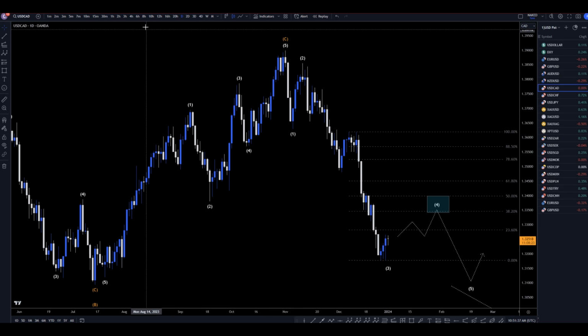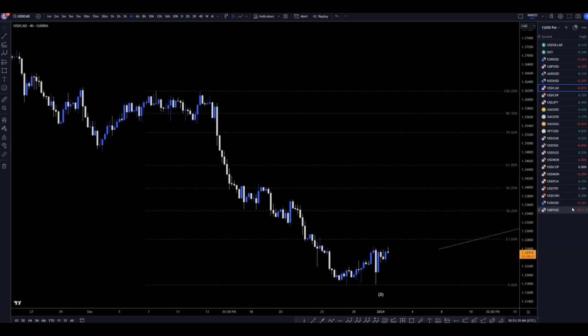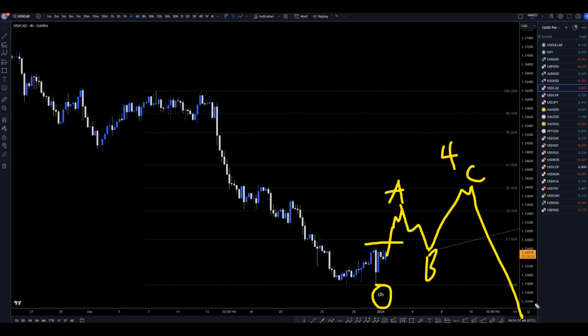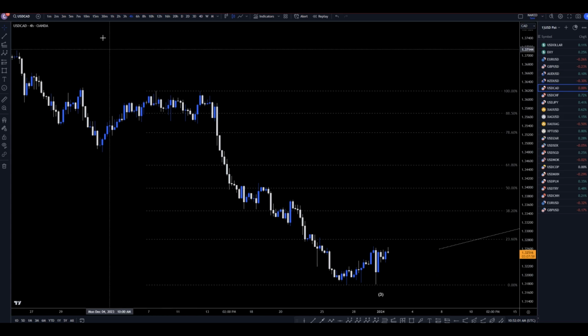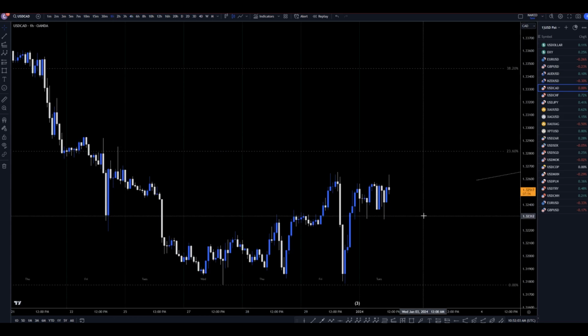So, taking it down to the 4 hour time frame, I do think there is a pretty good chance that it is going to go up and break structure, which will help prove that this wave 3 really is over. First move up should be a wave A, probably going to eventually make a wave B, and probably eventually go up and make a wave C. Just like I was showing on the daily, this is probably going to be a big wave 4 and eventually go down for a wave 5. So keeping that information in mind, let's take it down to the 1 hour time frame.